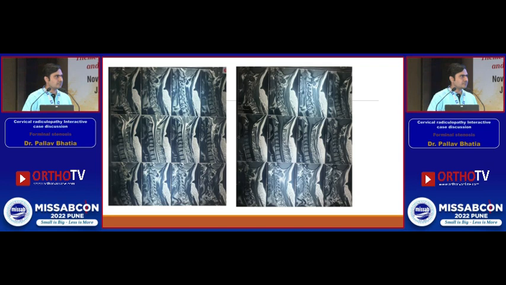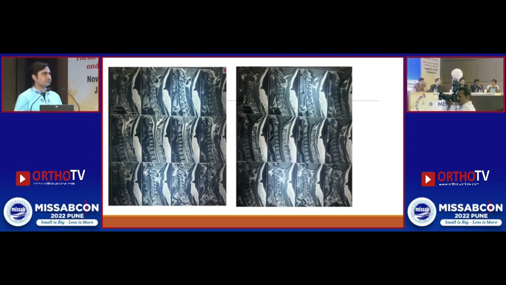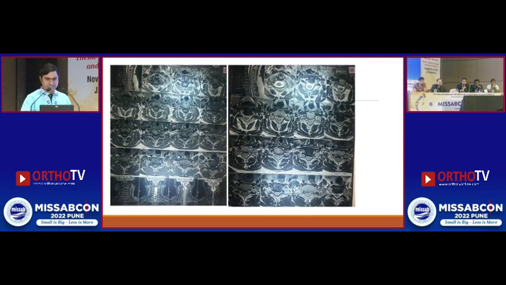I am not sure of the pain generator on seeing this MRI. I am not convinced about the clinical symptom with the MRI because I can't find a compatible finding there. Tushar, your opinion? In such a situation, I would like to give a block. I ask the pain specialist to give a block and see whether the symptoms are because of the same. Exactly my sentiments, Tushar. Again, can we see that axial? You said the foraminal stenosis. Which one? Yeah, at C5, C6, left side.